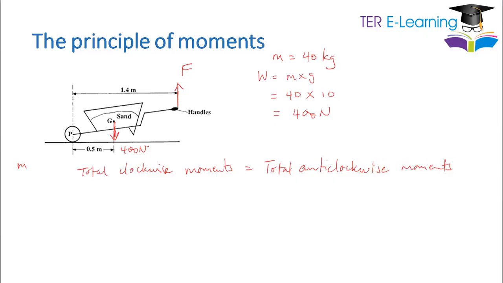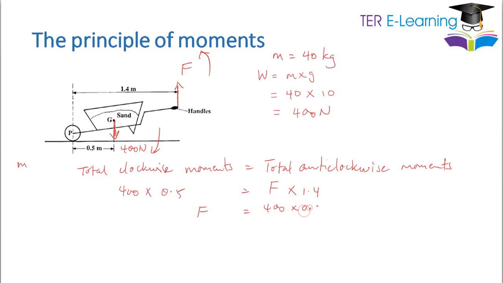Right, my clockwise moments in this case: the weight of the sand is going to produce a moment this way, which is clockwise. So my clockwise moments here will be 400 multiplied by my perpendicular distance, which is 0.5. And that is equal to your anti-clockwise moments here. So this force is going to produce an anti-clockwise moment. So it's F multiplied by the perpendicular distance, which is 1.4. So therefore, F is simply equal to 400 by 0.5